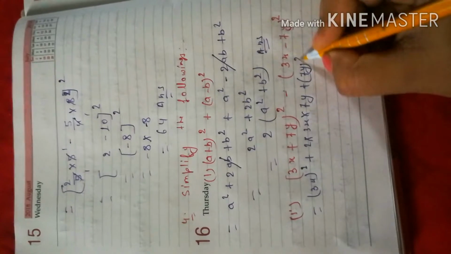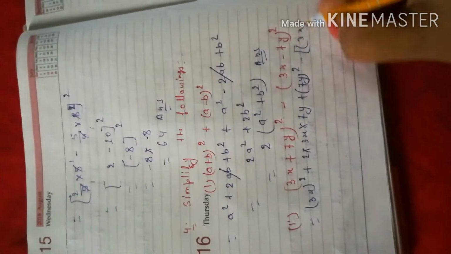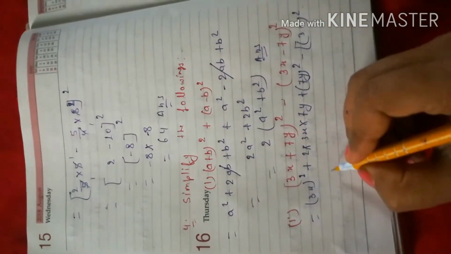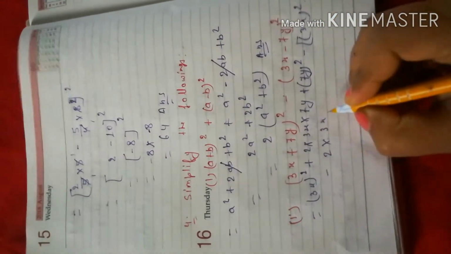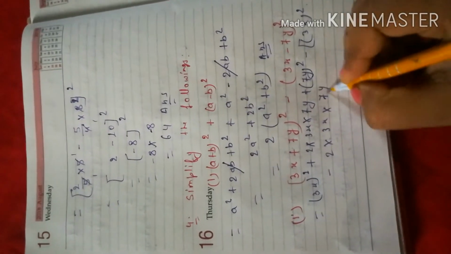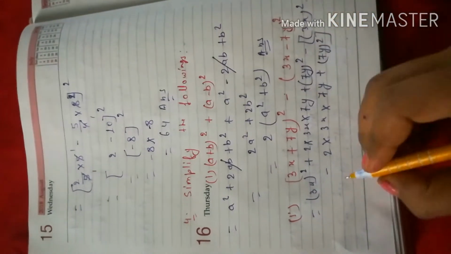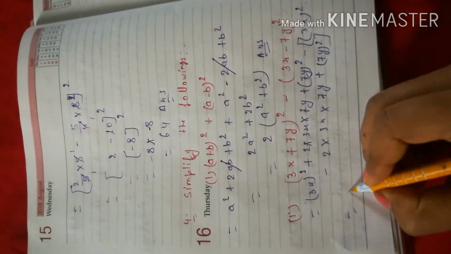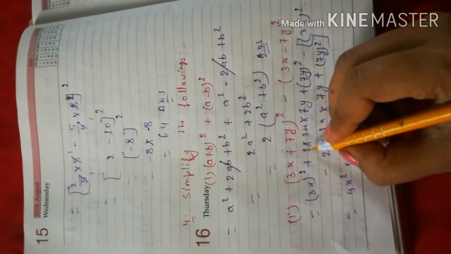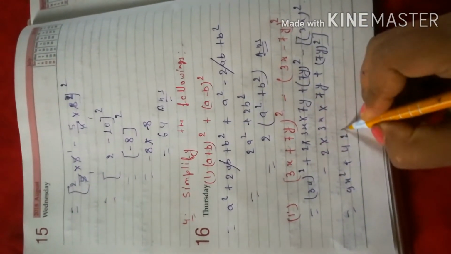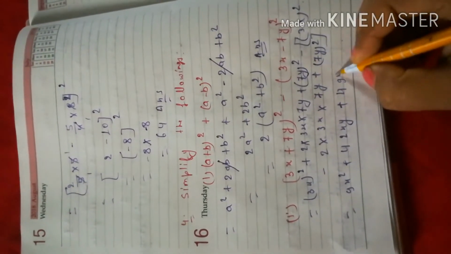7y whole square minus 3x square minus 2ab, 2 into 3x into 7y plus 7y whole square. So we can write 3 3s are 9x square plus 7 3s are 21, 21 2s are 42xy plus 7 7s are 49y square